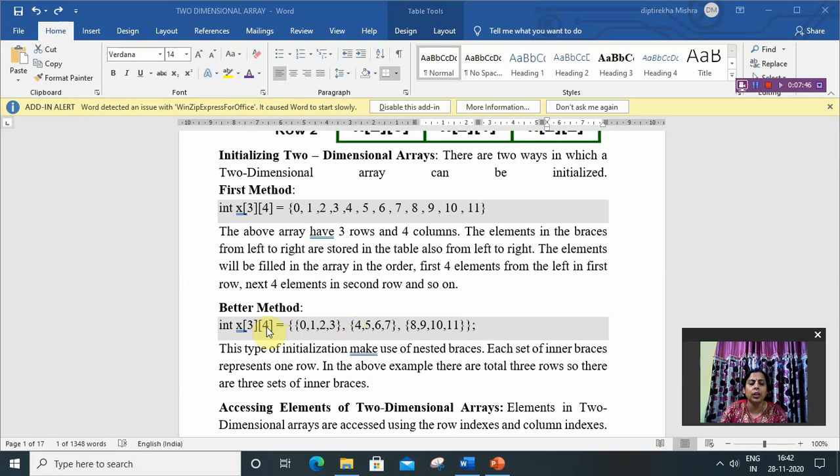Each row will contain 4 columns or 4 elements, so each row's elements go in separate curly braces. This is the first method and this one is the second method.